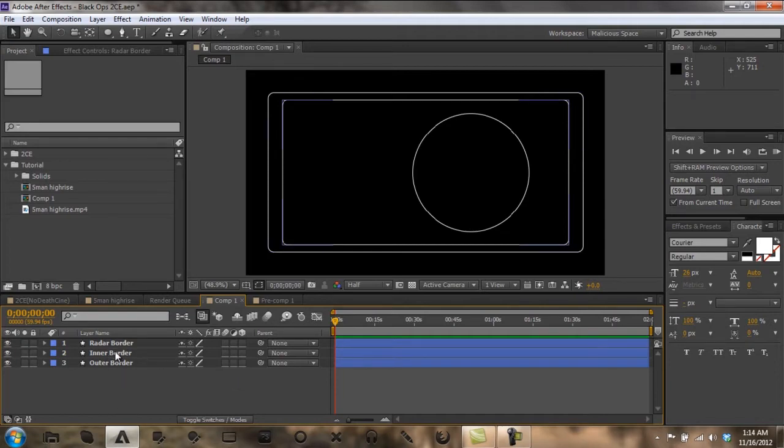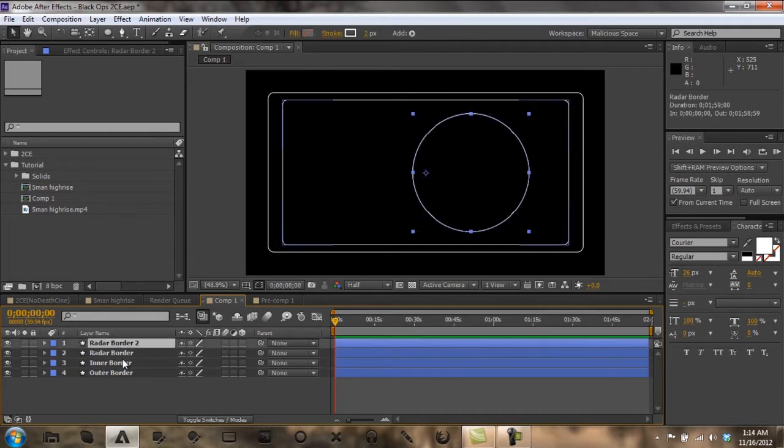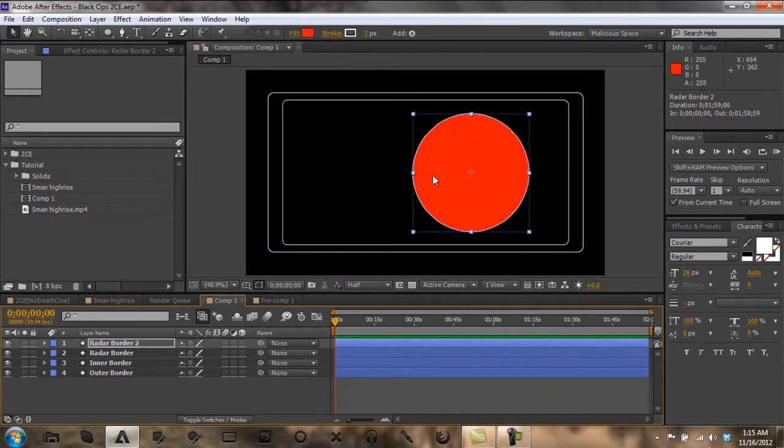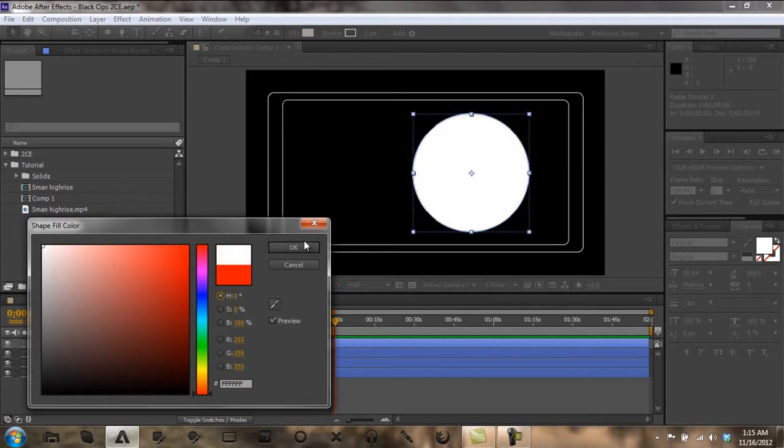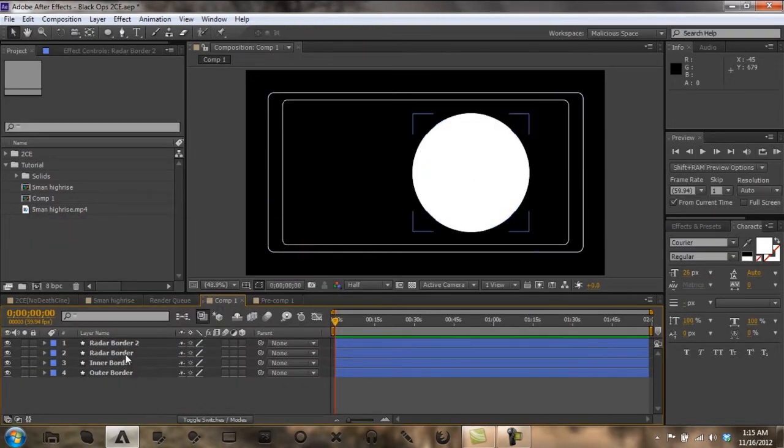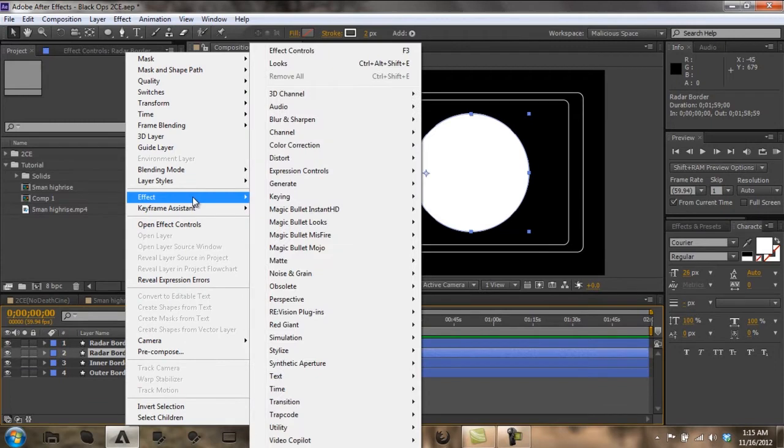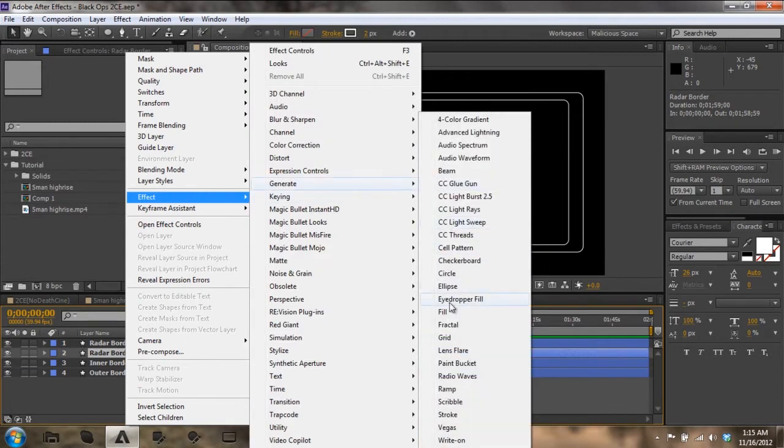Now, the next thing we want to do is Control D, the radar border, and come up to fill, click alt, like a color, and I think I chose white, doesn't really matter. Now on your second border you want to go to effects, generate grid,